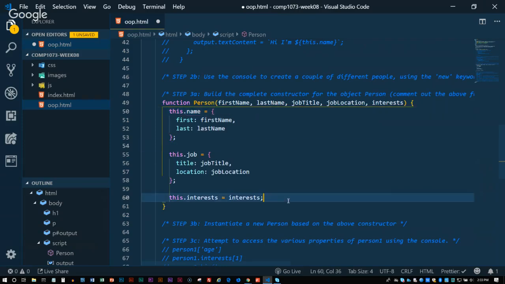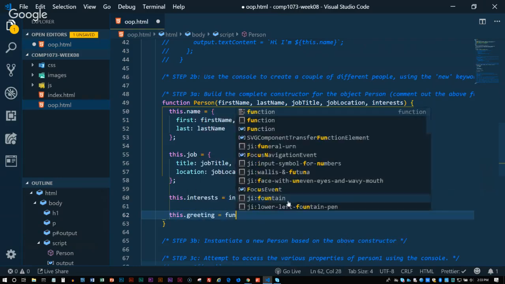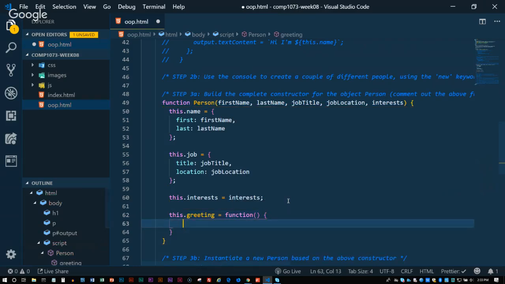All right. This dot interests. So let's do a greeting. So let's add a greeting function. Okay. And we'll just do a console log. Hi, I'm Ramnik. How do I get that? I want to say hi, I'm, and then the first name here. So what do I say here in this where my cursor is? What do I say to get this value? So pretend this was like kawaii or something. How would I get